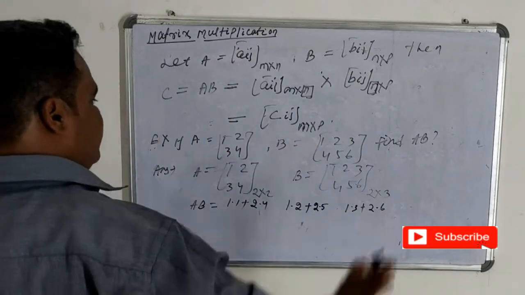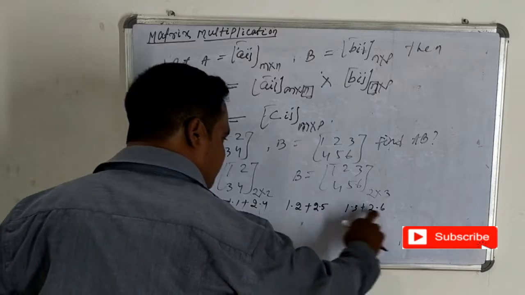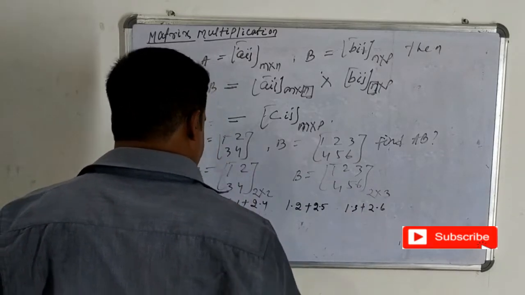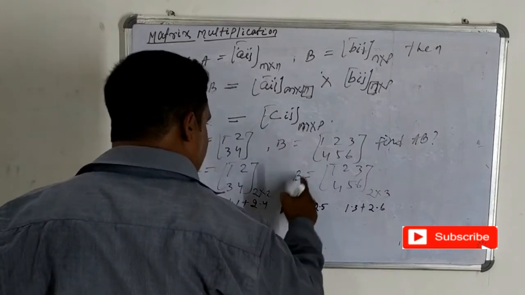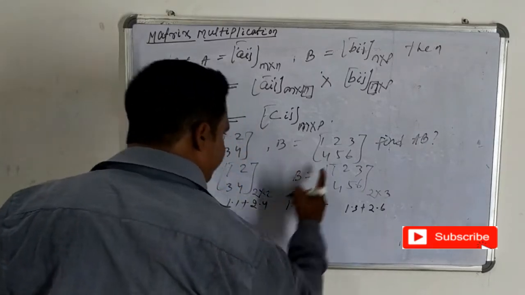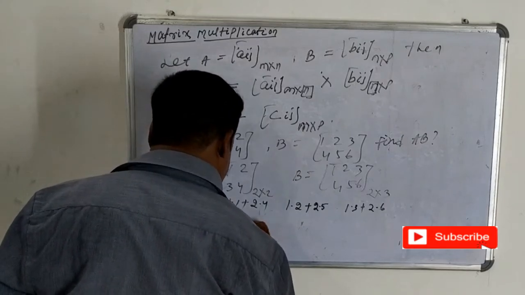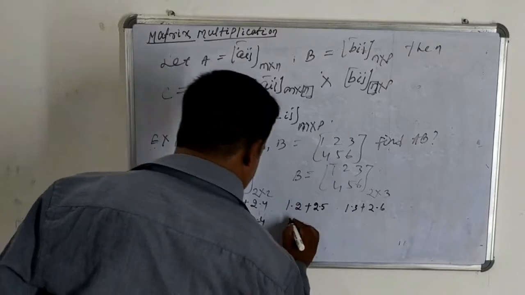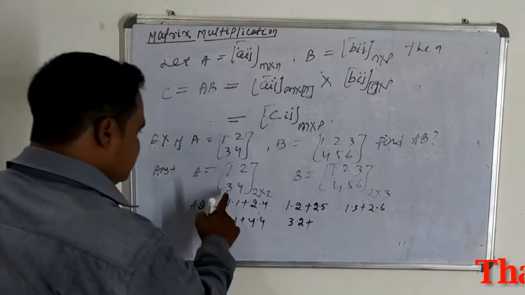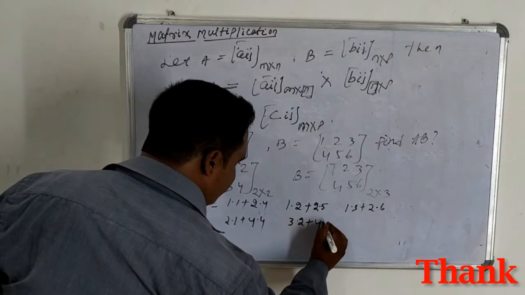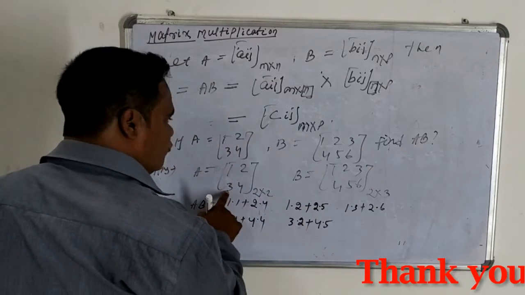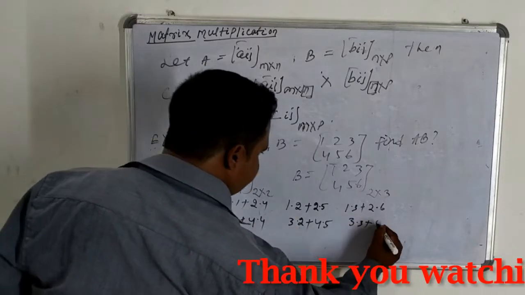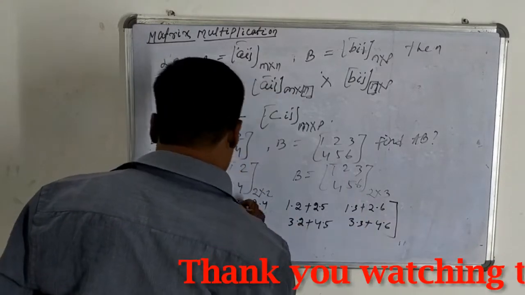First row is completed. 3 columns are there. Here 3 columns. Okay. Then second row, first column, 2 into 1. First element 1. 4 into 4. Then 3 into 2 plus 4 into 5. Then 3 into 3 plus 4 into 6. 4 into 6, it is the value.